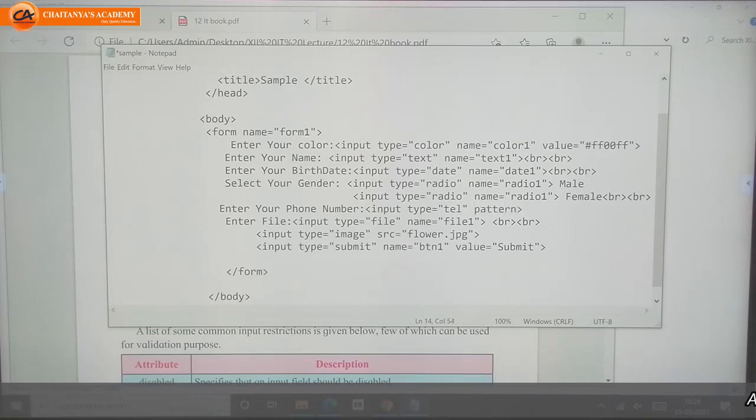This pattern attribute helps us to define how to write our mobile number or telephone number. By defining this pattern, for example, for numbers we can write only 0 to 9.